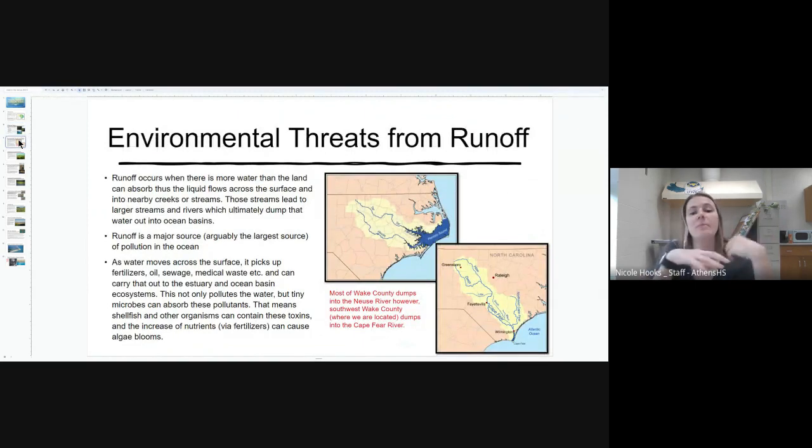All right, some threats that our estuaries face is runoff. The biggest one is runoff. So obviously runoff is just when water doesn't soak into the land and it begins to flow over the land because it can't be soaked into the land. But the problem with runoff isn't that there's runoff. The problem is that runoff picks up a lot of chemicals like fertilizers, oils, sewage, medical waste, et cetera, and